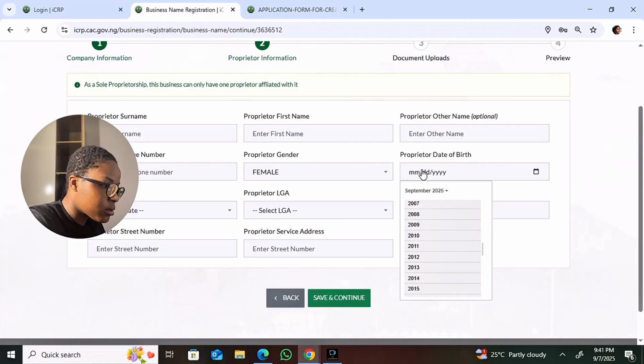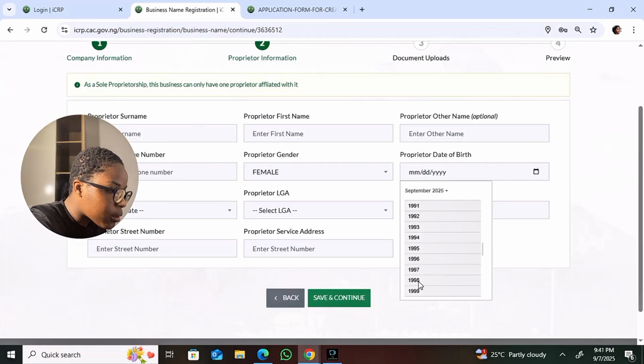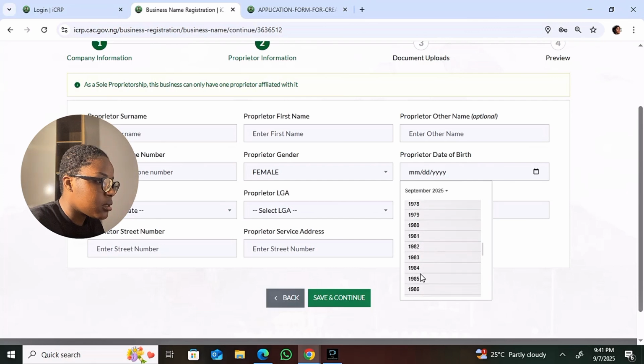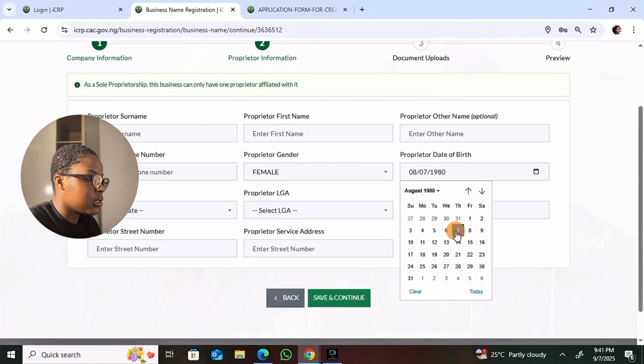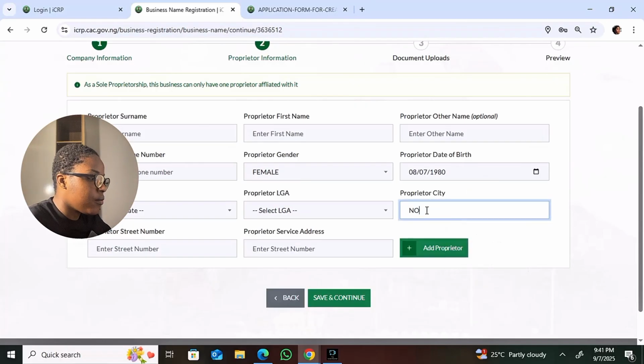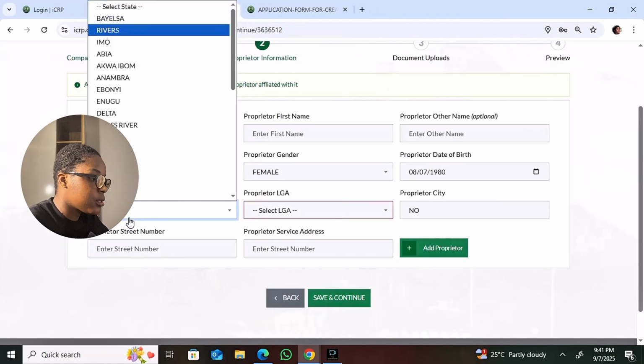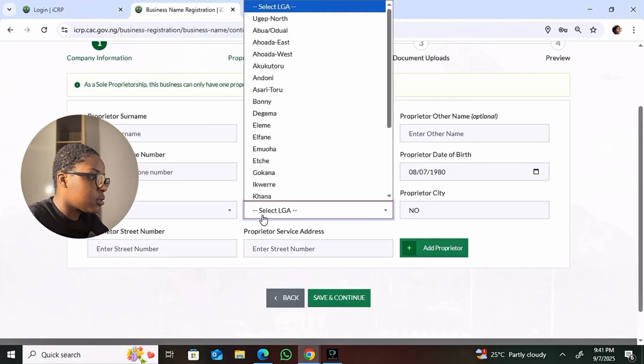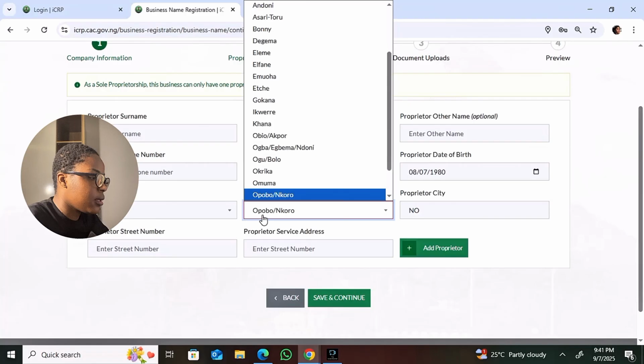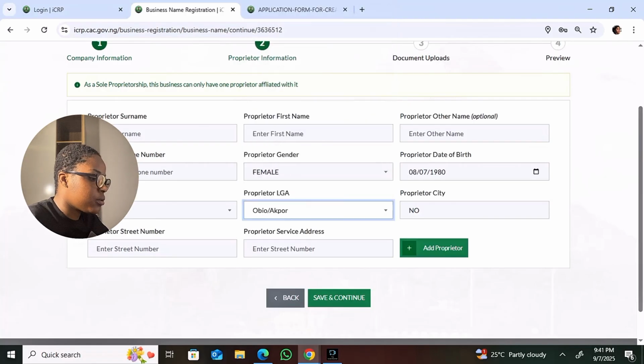So I'm going to just use 1992, or should we say any can go. 1980, let's use 1980, August 7. All right, so the city, the local government. Okay, you have to choose the state first, then the local government. You fix that there. Okay, then the service address, the street number,